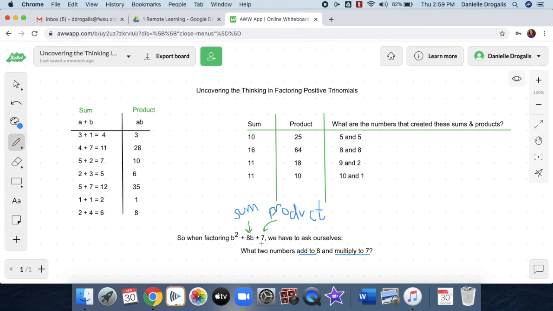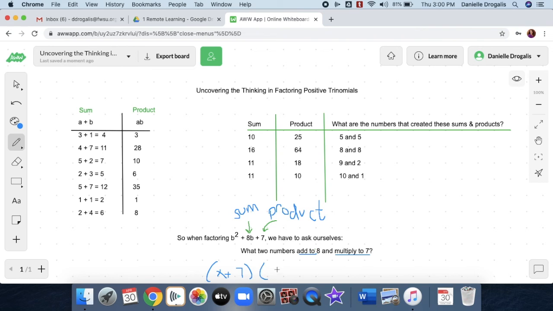And so that's kind of the riddle thinking that you do when you do this factoring of trinomial work, is you're always asking yourself this question specific to the problem in front of you. So whatever is the coefficient of the middle term, you ask yourself, what two numbers add to this value? And then for the last number in the trinomial, you ask yourself, what two numbers would also then multiply to this number. And then that tells you your mystery numbers when it comes to factoring. So when you take a look at 8, two numbers that add to 8 but multiply to 7, hopefully you said 7 and 1. And so that would give you a final factored form